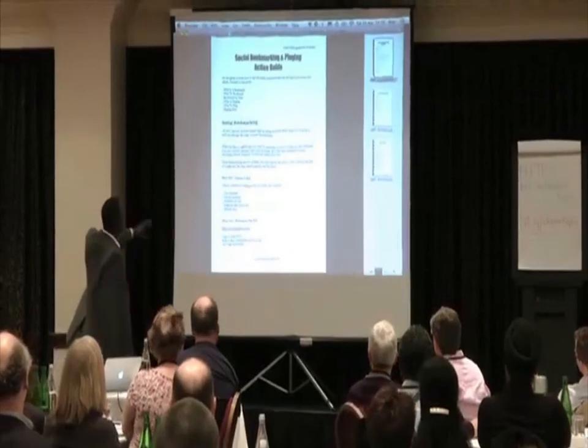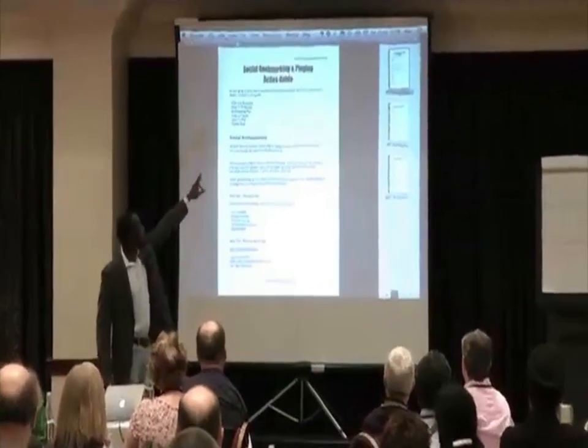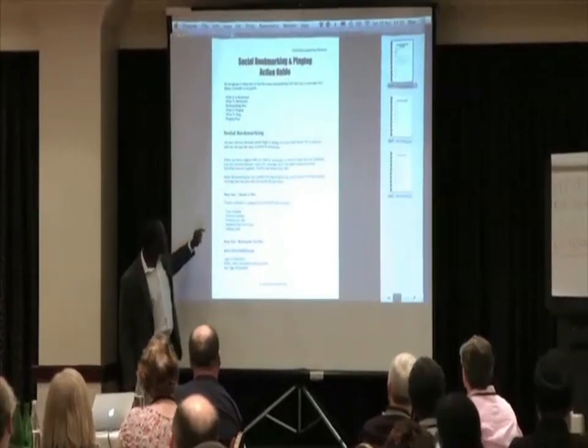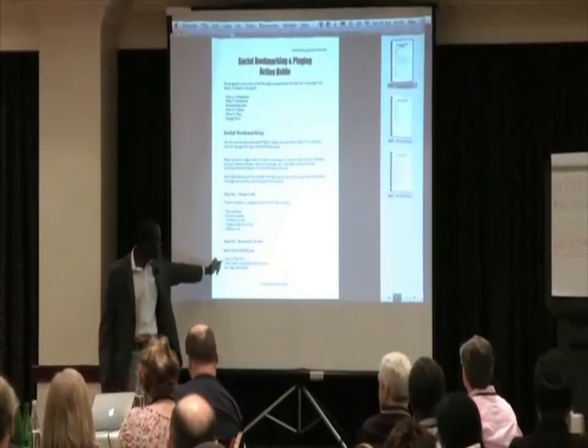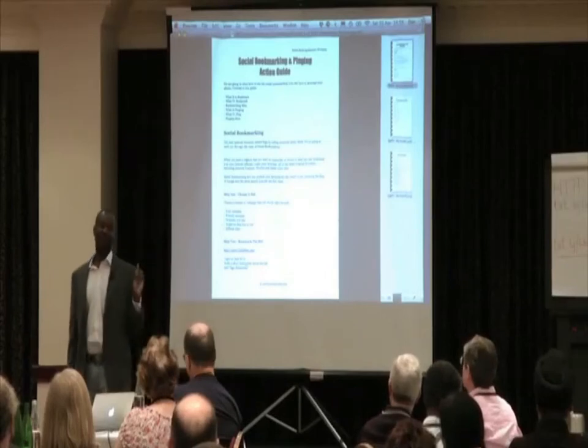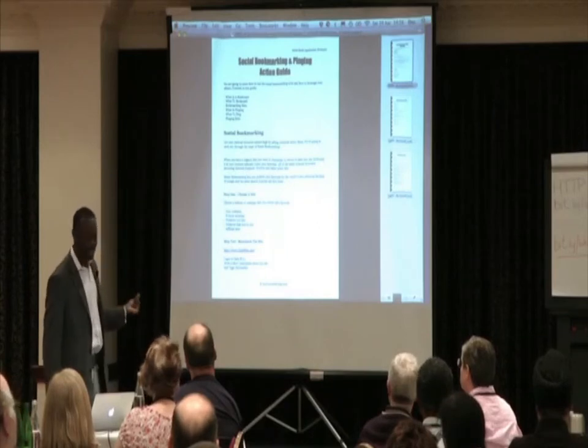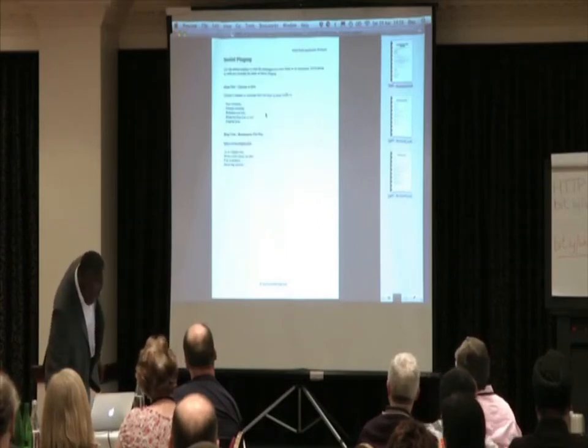Now, for example, the social bookmarking and pinging action guide. It goes through all this stuff. Social bookmarking explanation. Step 1, what to do. Step 2, using OnlyWire. This one doesn't have the automation section in there. The reason for that is because there's a little outlay to it, and it's a little bit complicated to set up. But if you have any questions about it, we can actually help you with that.